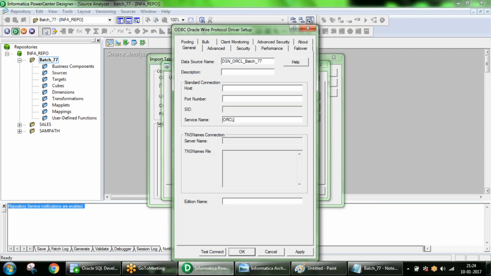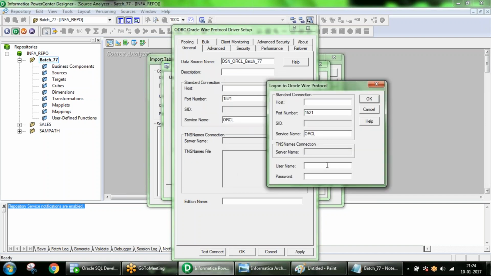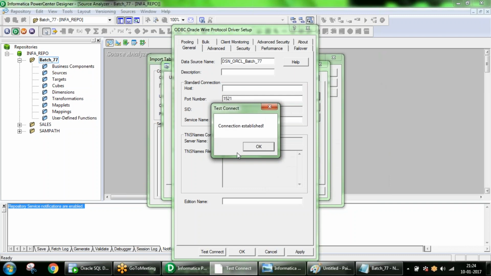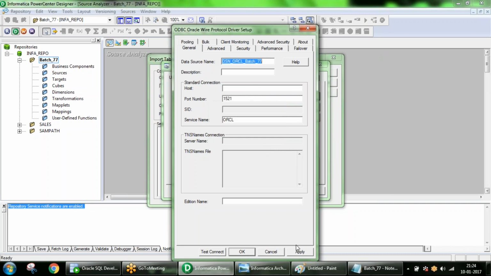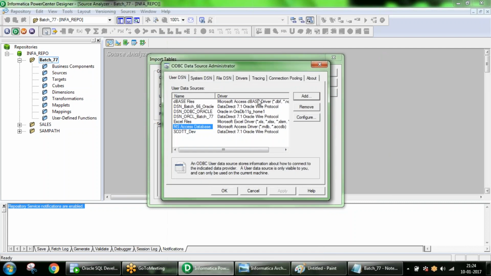Then service name ORCL. Then the port number it is asking, 1521. Test connection, ORCL, user ID Scott and whatever the password. Yeah, connection is successful. So with this information, you can communicate with your database. It's a one-time activity actually.